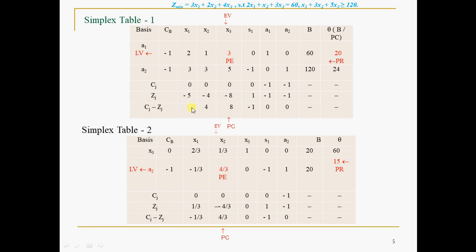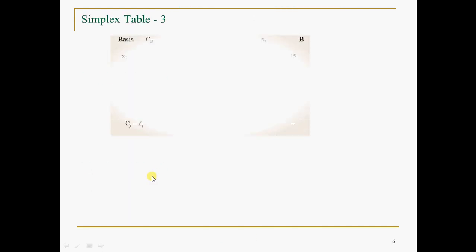So what does phase 1 of the simplex method, or the two-phase method, do? Phase 1 will eliminate the artificial variables. See, one variable has been removed or eliminated. Here now it is going out. Once it goes out, you are not supposed to write it here also. A2 was there, that's why you had written it here. Now A1 and A2 both are eliminated. So this is simplex table 3.